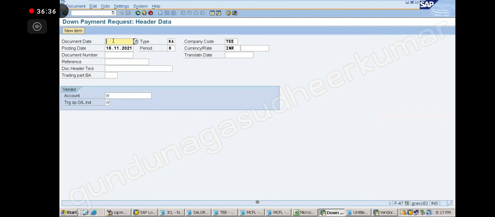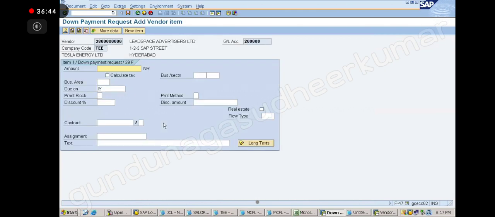Document icon. Just enter the amount. 30,000, sir. 30 or 20? Sorry, sir, it was 30.